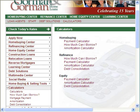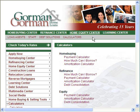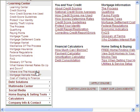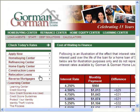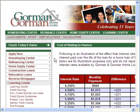Now, I want to show you exactly how much you could save or lose by waiting to purchase or refinance a home. I have gone to the web page gorman-gorman.com, and I'm clicking on the Learning Center, and if you scroll down, there's a couple great tools here, and where we're going to go is right here to the cost of waiting to finance. But there's also another great tool that is called What Makes Interest Rates Go Up and Down, and I actually